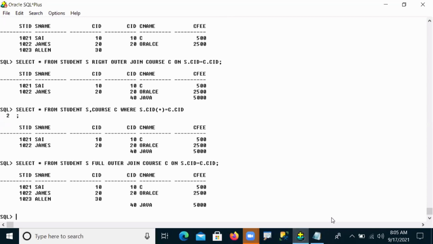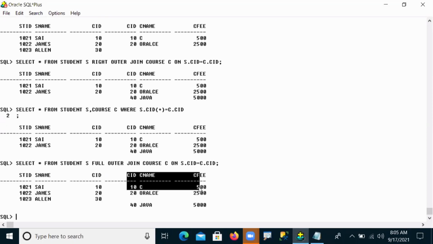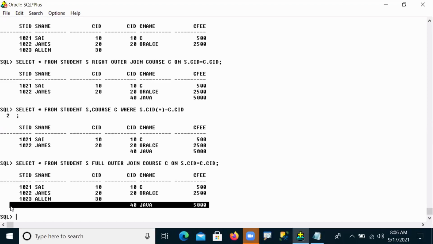So full outer join gives complete data from the left side table: 10, 20 matching and 30 unmatching. And the right side table, complete rows: 10, 20 matching and 40 unmatching. In place of the unmatching rows of the left side, it will take null values.